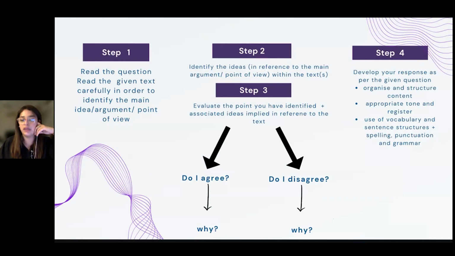10 points, so you will be able to identify from the text. It may not be a balanced argument. It may be a balanced argument. That depends on the topic. Okay, but rest assured, you will be able to identify at least 10 points from within both texts or that